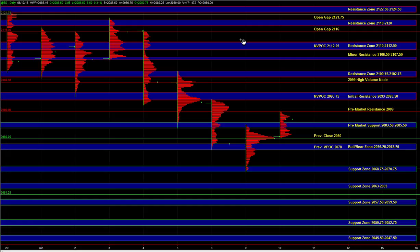So if we break 83.5 to 85.5, then it doesn't mean that we're bearish, but it would force us to just reassess, and we'd have to make that decision in real time. On the downside, we're going to use 76 quarter to 78 quarter as the bull bear zone, and as long as that zone is holding, there's still potential for buyers to step in, although it would certainly limit the upside